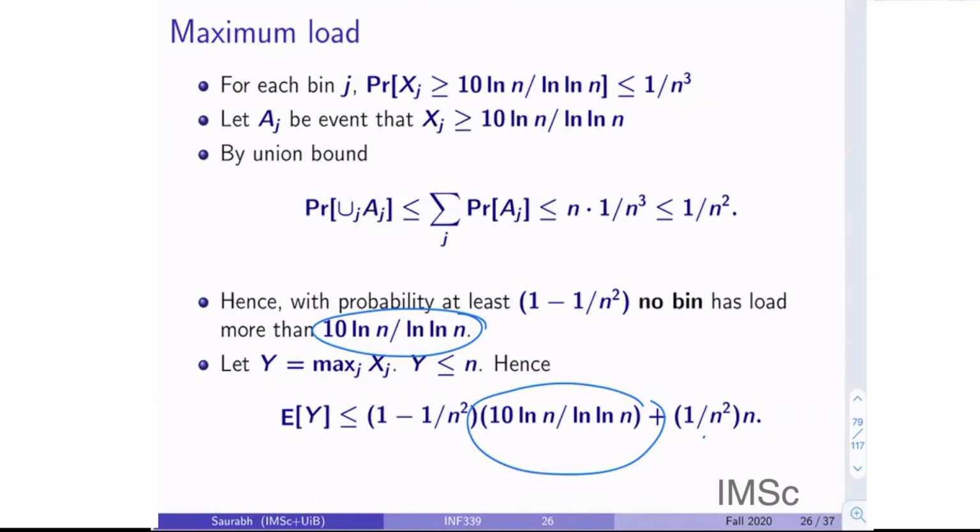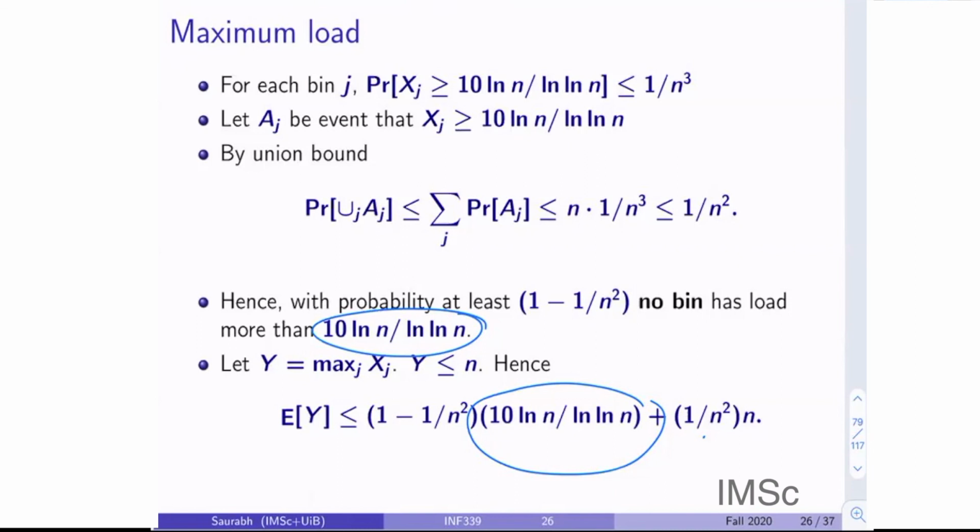There is something called the story about two bins. At any point of time, you pick 2 bins, and you put the ball in the bin which is less crowded. Then you can show that no bin will contain more than order log log n balls. But that requires a very difficult analysis. We are not going to do that, but if you do a course in randomized algorithms, you get to prove it. So here is a very simple variation of this. What did we do? We just randomly picked a bin and put the ball in the bin.